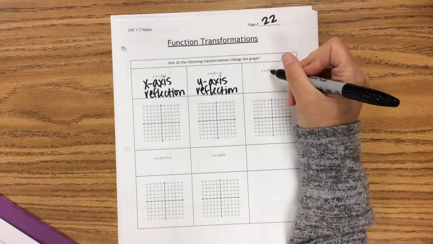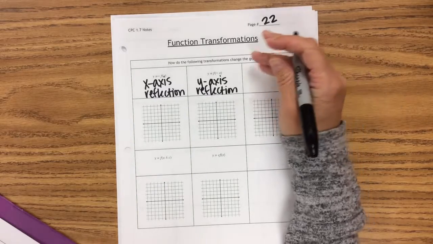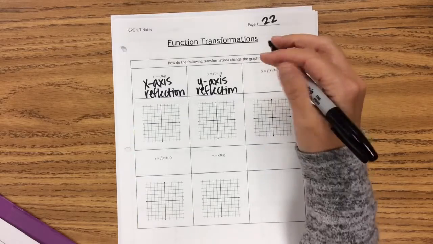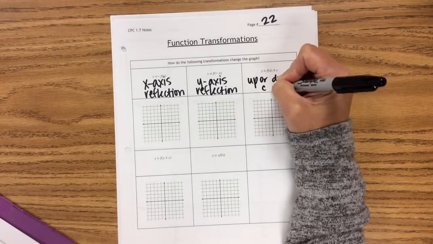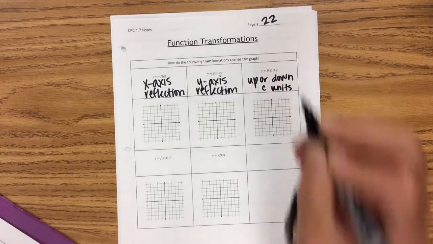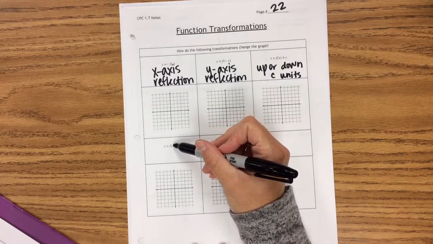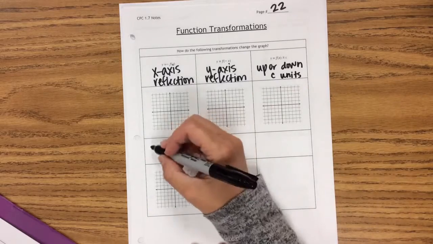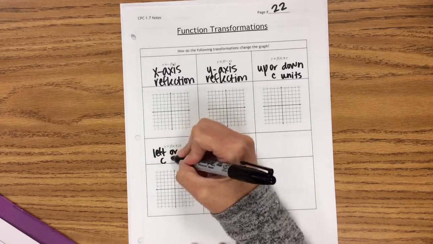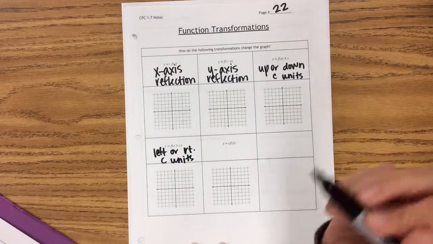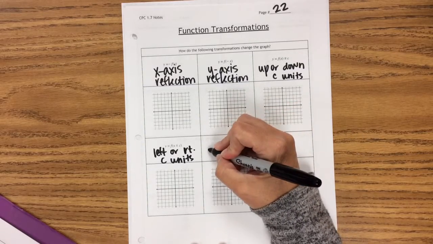If you have a function and then a number plus or minus a number on the end, out of the parentheses, just on its own, that will move it up or down C units. C would be the number that you're adding or subtracting. If you have a number plus or minus the x in the parentheses, that will move it left or right C units. And then last, if you have a constant multiplied by the function, that will stretch